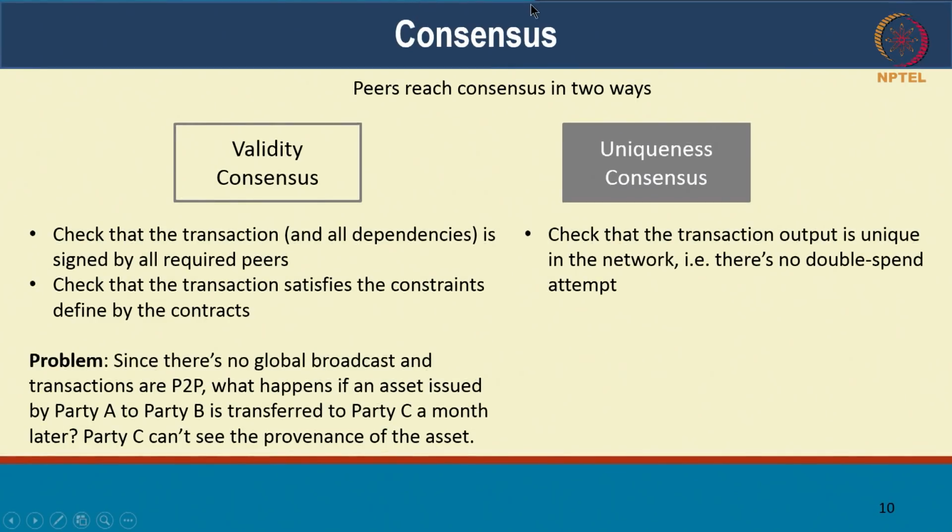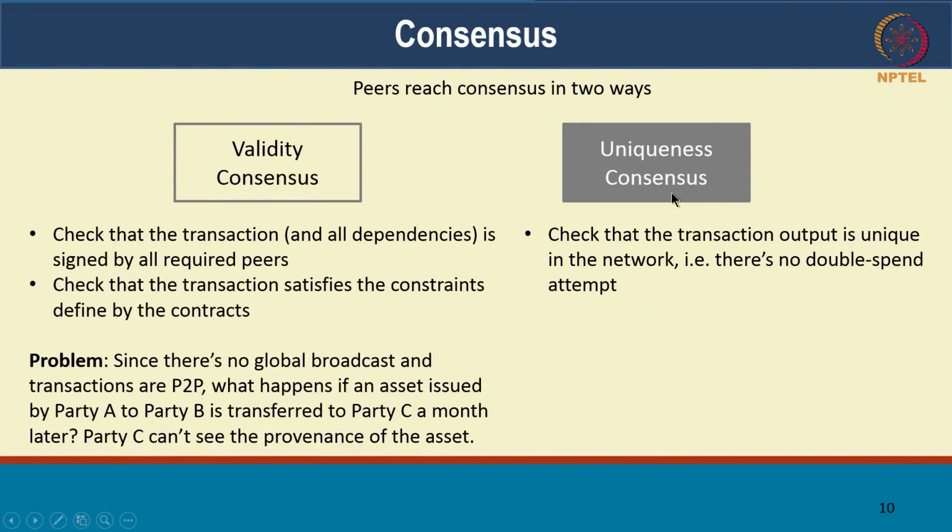So now we've only talked about the transaction execution. We need to talk about how consensus is reached between peers, right? At least peers who are transacting with each other. So Corda distinguishes two notions of consensus. One of them is validity consensus, which is to say that this transaction is actually meeting all criteria. All the dependencies are met, all the required parties have signed. That makes the transaction valid, right? All the constraints are satisfied. So that's the validity consensus.